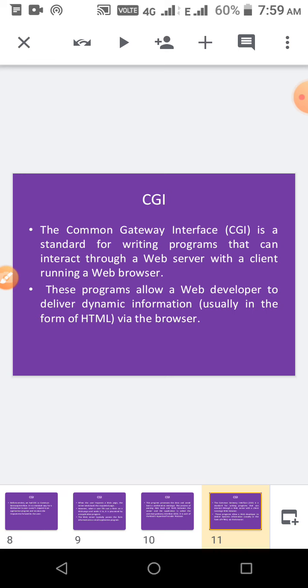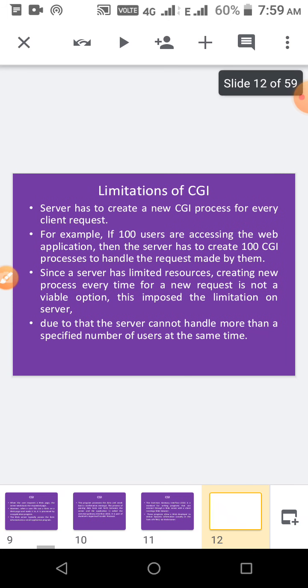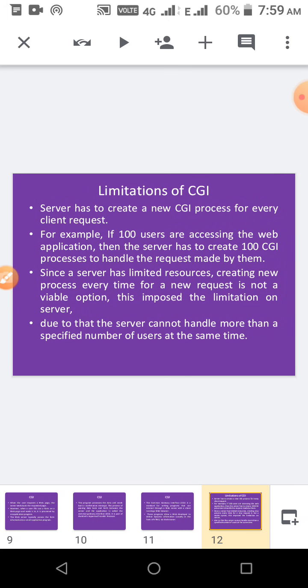They allow the web developer to develop dynamic information via the web browser. What are the limitations of CGI? It has to create a new CGI process for every client request. For every request, a new process is created in CGI. For example, if 100 users are using it, 100 processes are created.